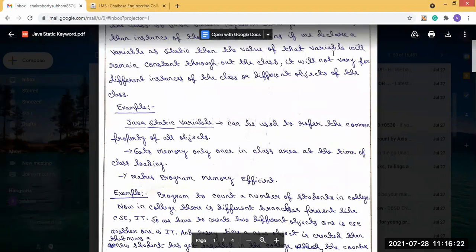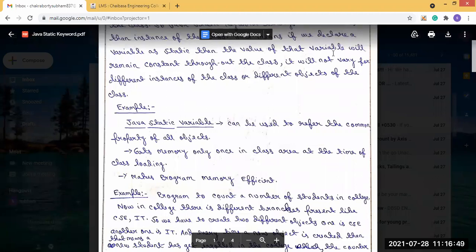It can be used to refer to the common property of all objects, and it gets memory only once in the class area at the time of class loading, which makes the program more efficient. An example will make it clearer.